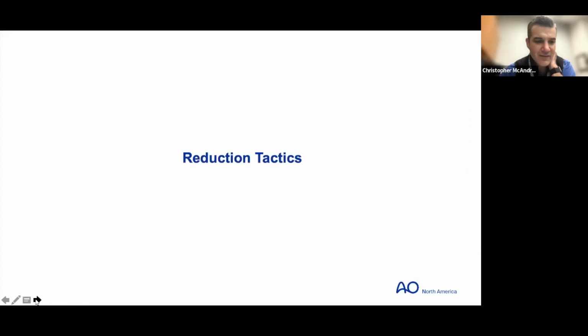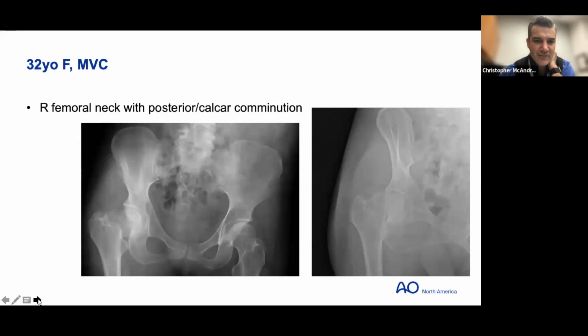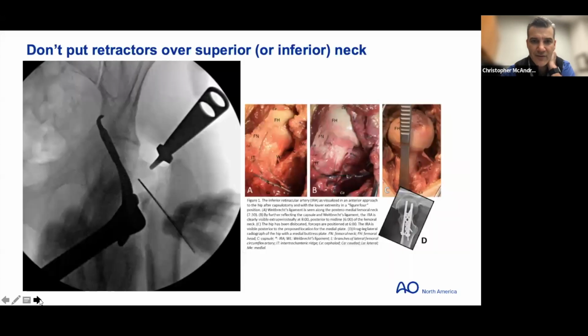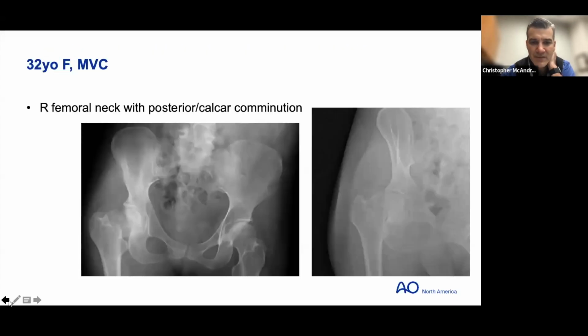All right. Reduction tactics. This is where the old tips and tricks come in, as they say. For a case, we've got a 32-year-old with a right femoral neck fracture. She's got some posterior calcar comminution, shortened, and kind of a short segment. So let's see what we've got in terms of further stuff. Just keep this one in mind. We'll go back to it a little bit, but when you guys see this first image,